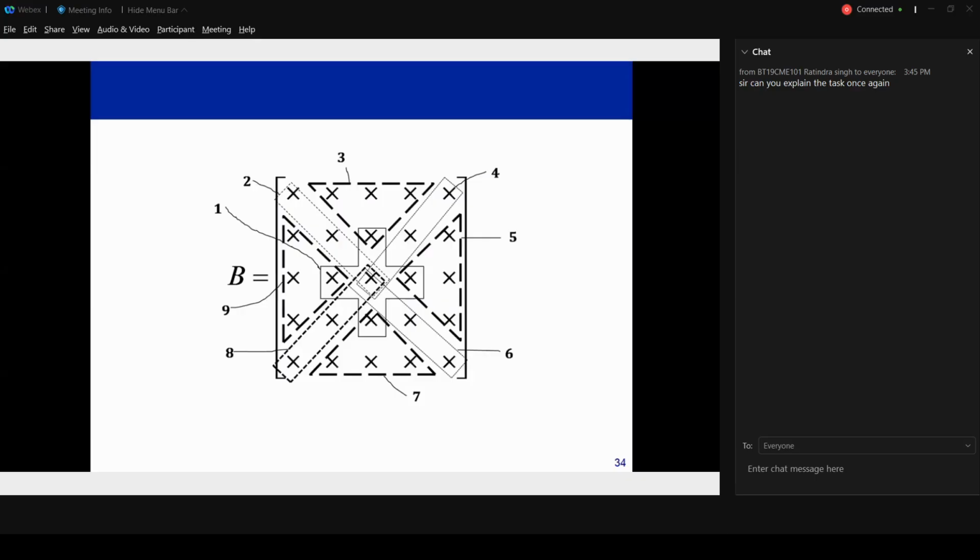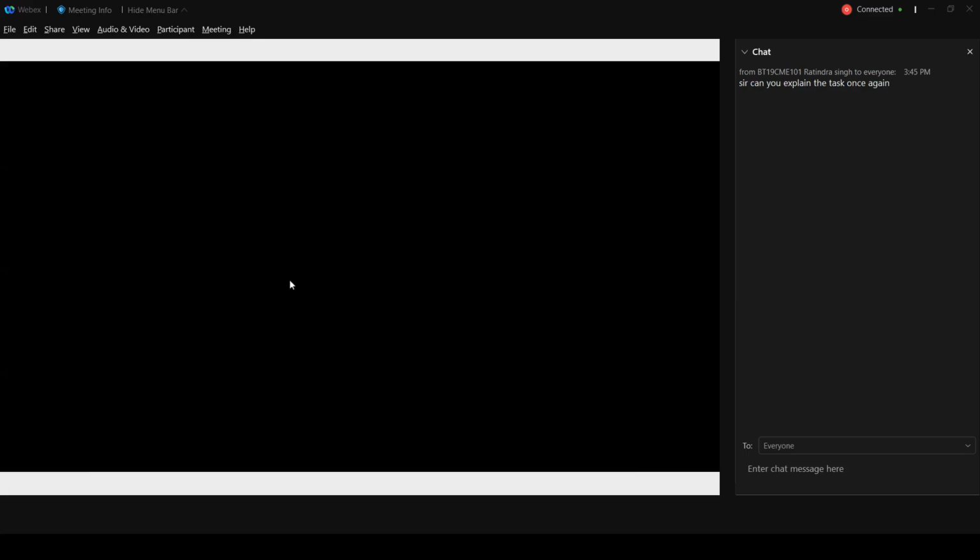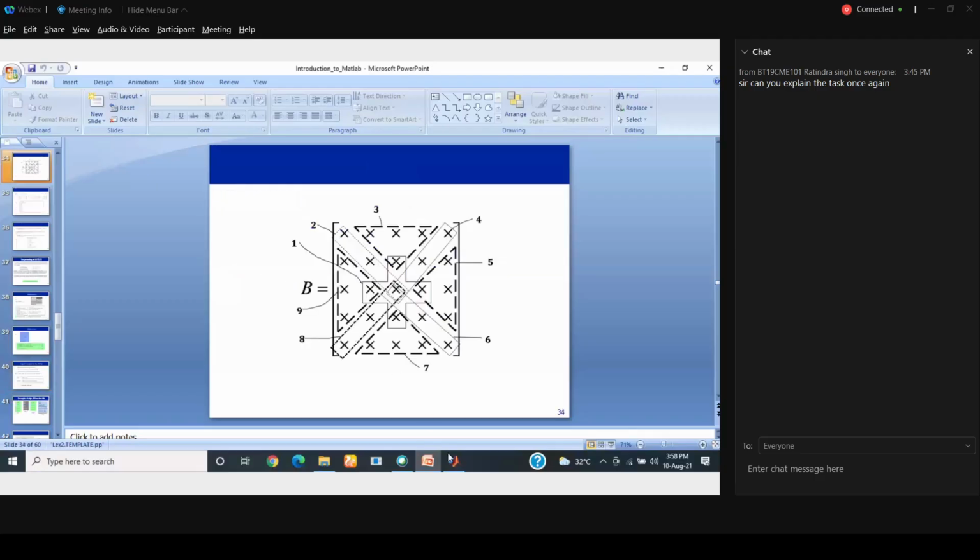Has everybody who solved this problem got 429? Has anyone got a number different from this 429? No, sir. Okay. And what is the average of all the numbers? 47.66. Okay. So let's see the screens.